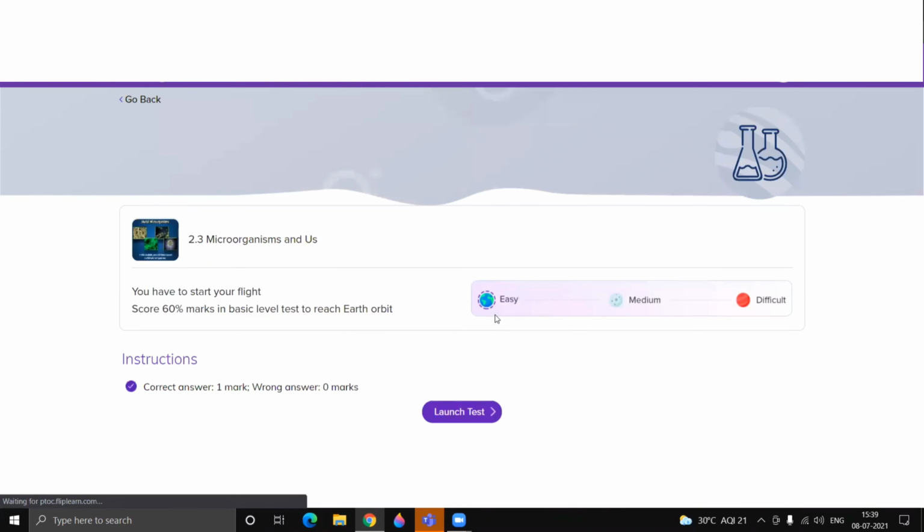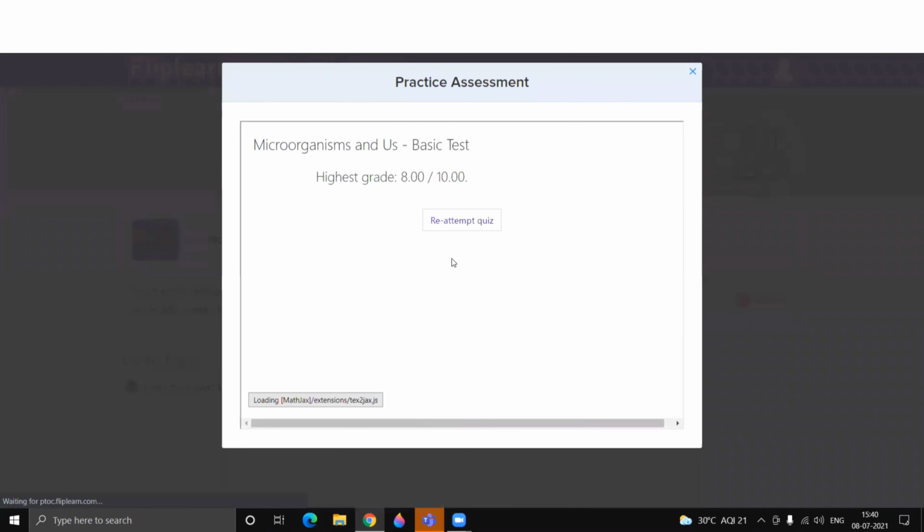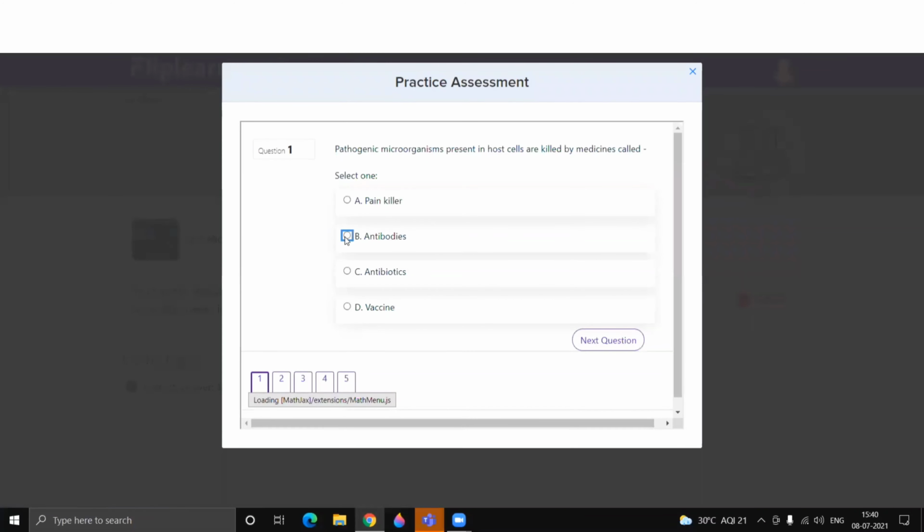The child has three levels of assessment: easy, medium, and difficult. And there is a condition that the child has to score 60% marks to go from one level to the other. So let me launch a test. I'll attempt the quiz. You can see there is a list of questions.